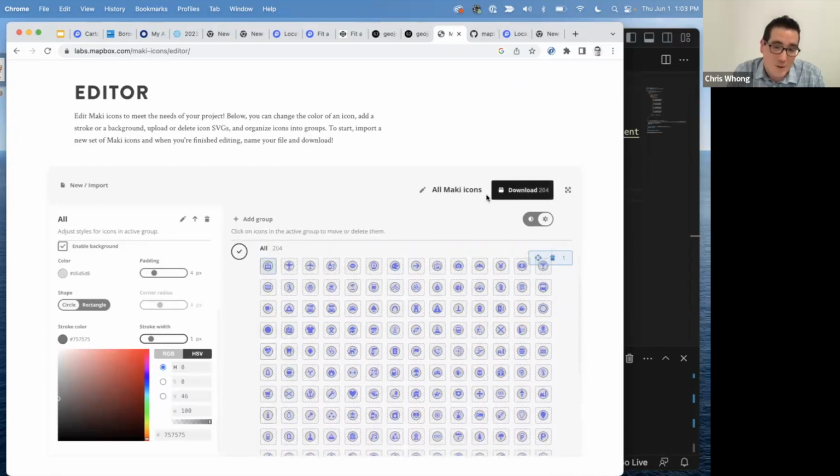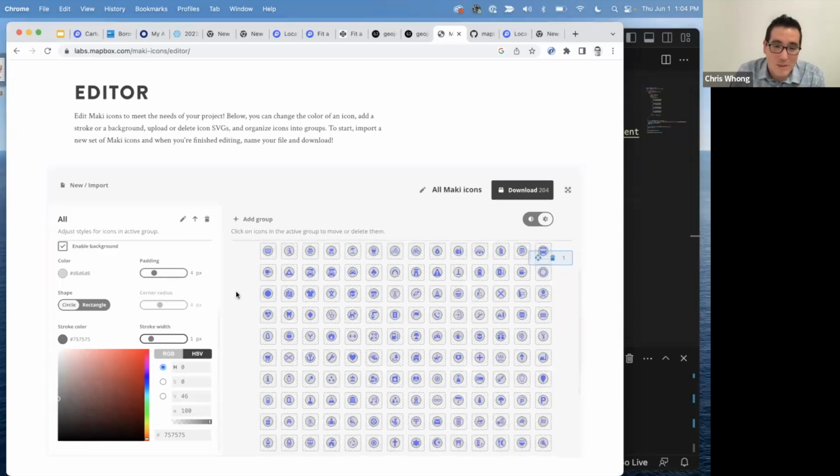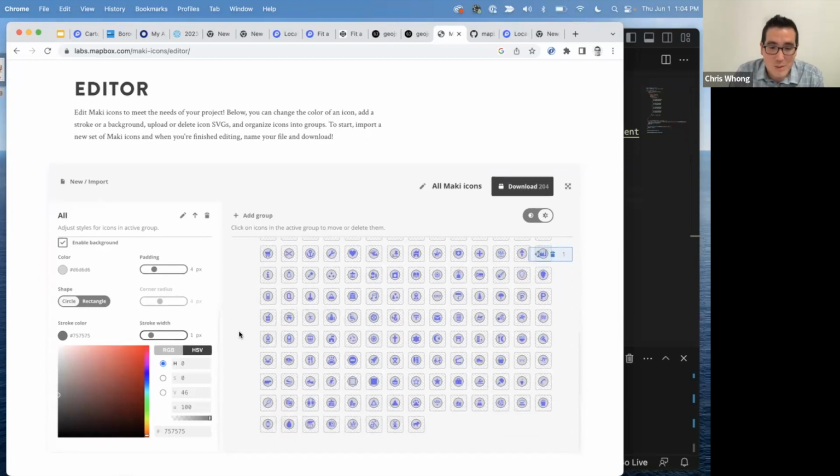The other part of it is you can download this as an entire set. This is a front end only thing, so it's not storing in a database anywhere, but the downloadable collection you can just drag back in here, so it becomes a way for you to save this collection of icons. To use them, you end up having to upload them individually to Studio. But this is a great place to curate them all at once and see how they're all going to look in a nice layout. And you can also split them into groups.